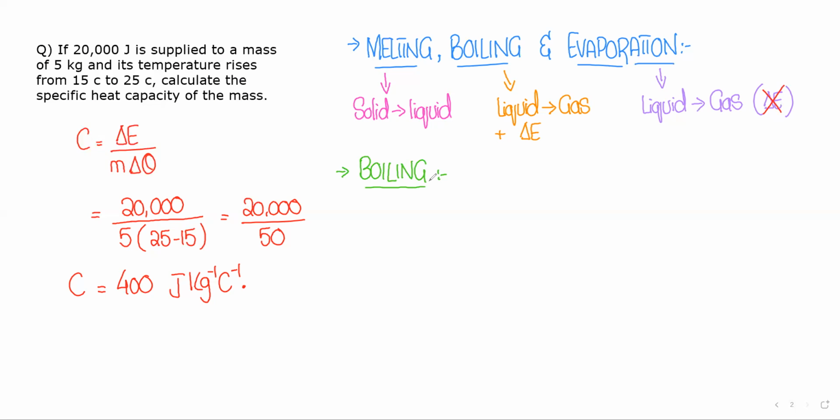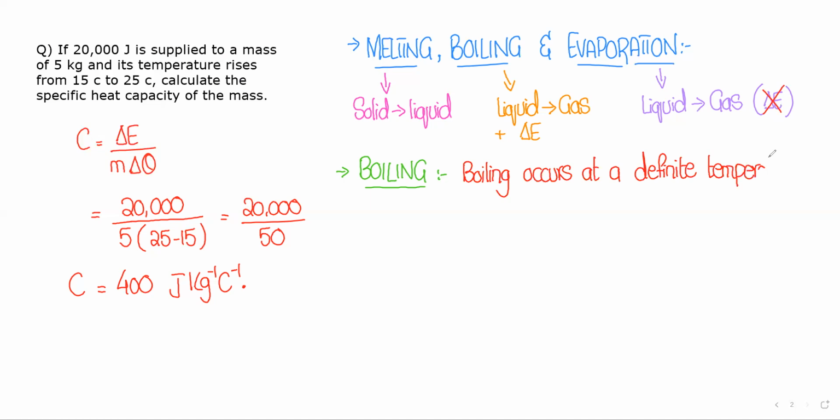That temperature is known as the boiling temperature, and the whole process is known as the boiling process. So normally, boiling occurs at a definite temperature,